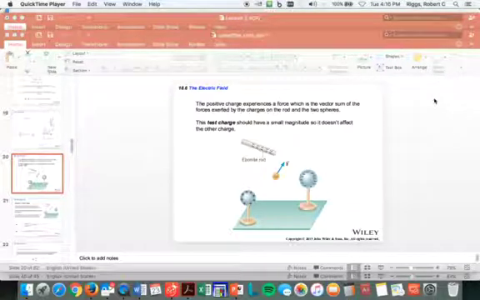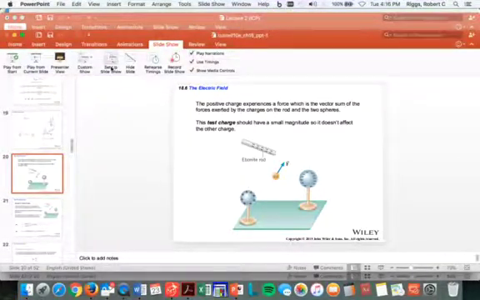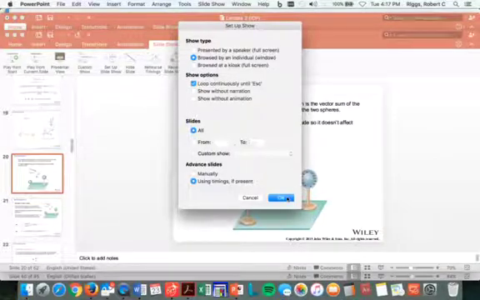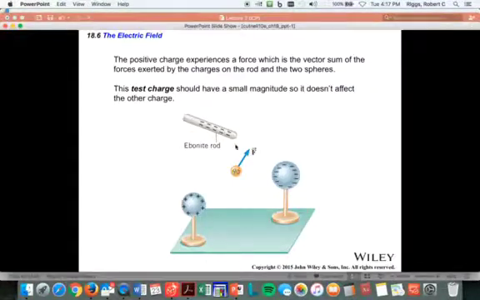Let's go ahead and put this slide on slideshow, set up the slideshow the way I like it. Okay, there we go. So let's just play it from the current slide. For some reason, it's keeping it. So this is good. All right, so here we put a test